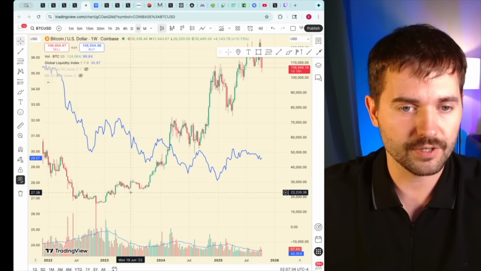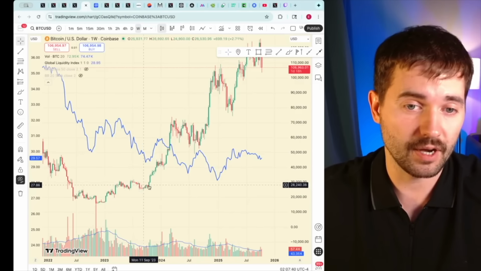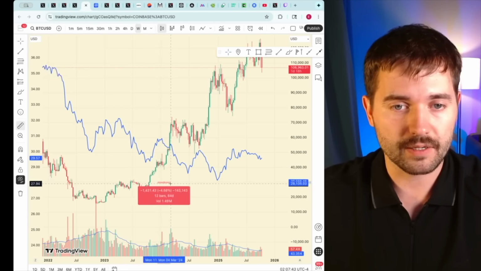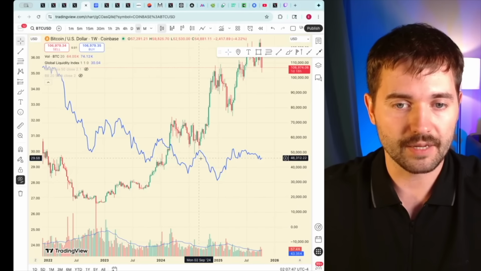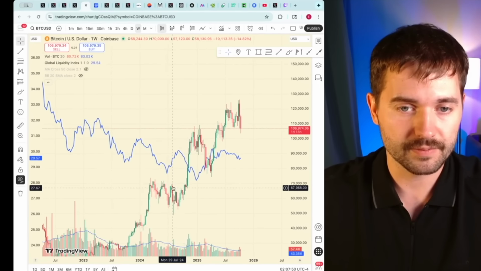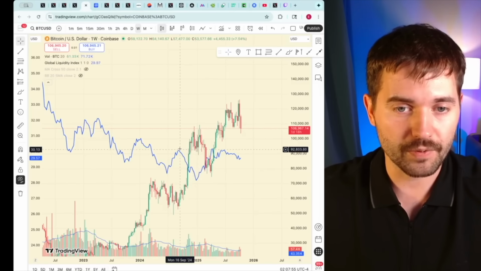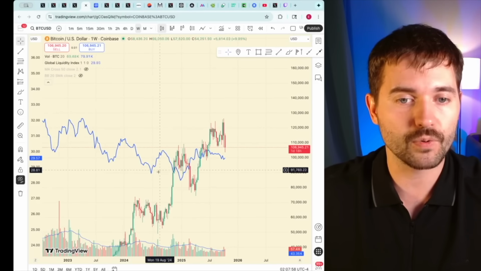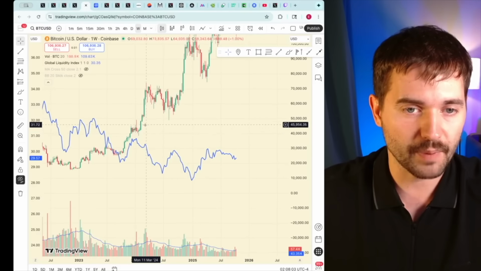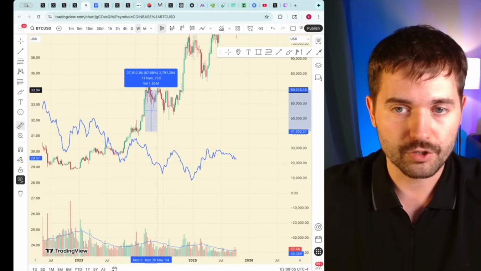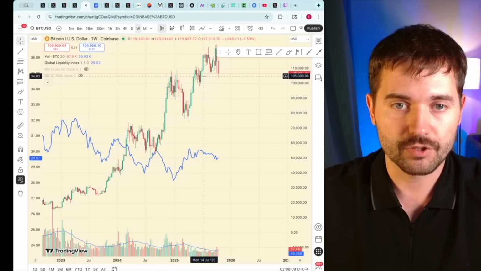You can say 100, and then from this peak, it was 90 days, yeah, so 100. This peak to this peak, 94, 100. Then we have this peak of the global liquidity, marking it down, 100. Again, each time we reach this, we have this pump in the liquidity, it funnels into Bitcoin and causes these spikes from 40 to 70, from 70 to 100.